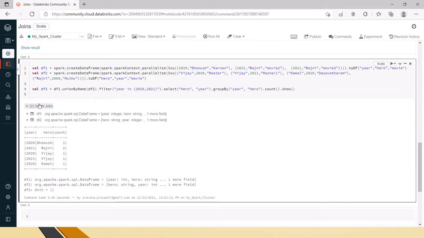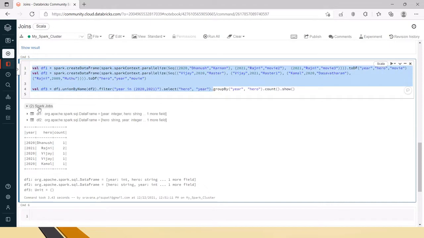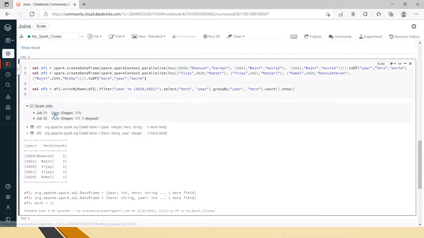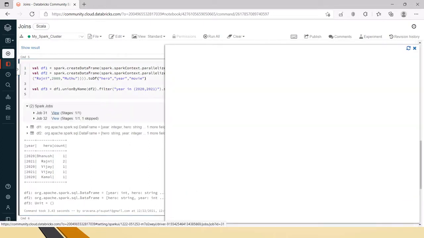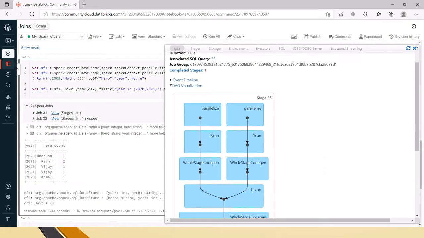two Spark jobs are created here. That is because here we have the read, I mean the create data frame command, so because of that one job is created until this one. I'll explain by opening these Spark jobs. The second one, from here it will create a second job, because here we have the count, and it has separated here because it is a wide transformation. So now let's go to the first Spark job,